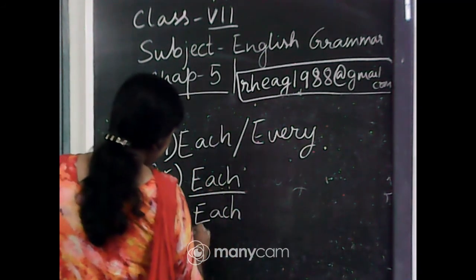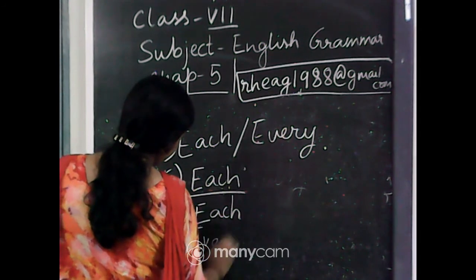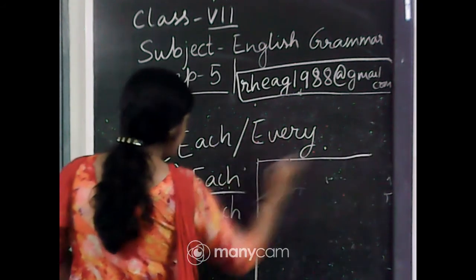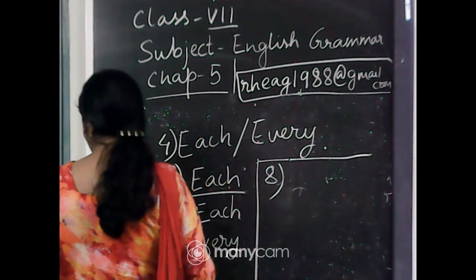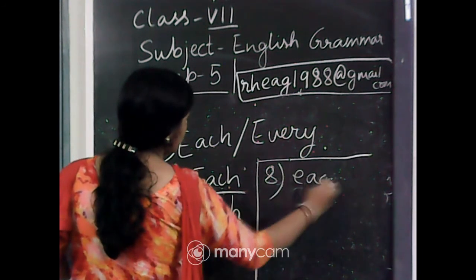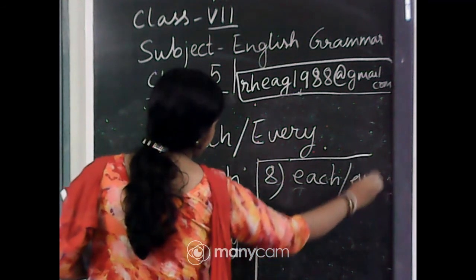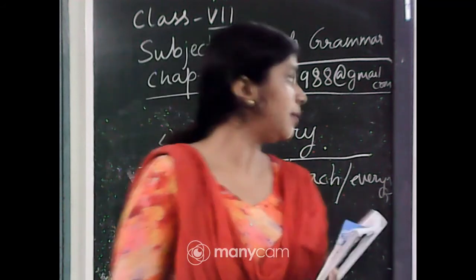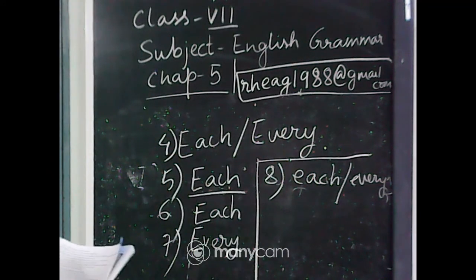Number 7, every library has French books. You can write that. If you are talking about libraries in general, you can write every library. Number 8, each child of the class or every child of the class. Number 7, neither. Yes, Shampurna, neither is correct. Number 8, every is also correct. Yes.